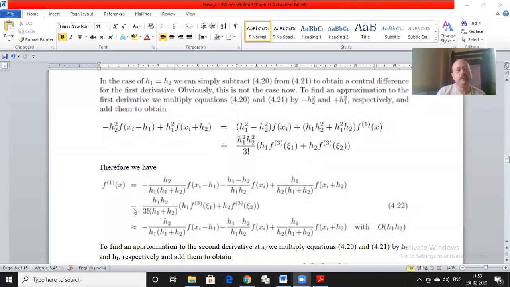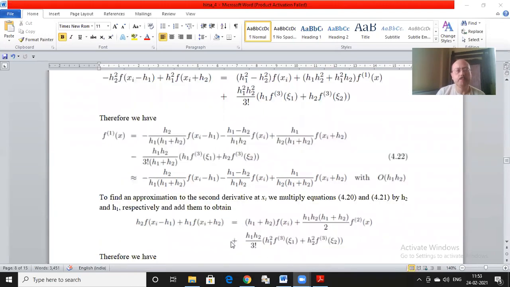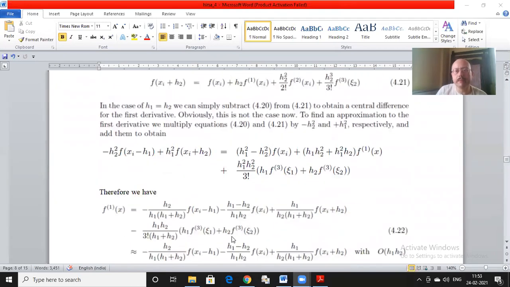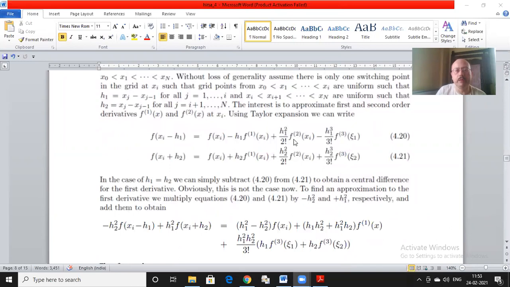So this is our approximation for the first derivative with the order of approximation. Similarly, one can also look at the second derivative, because remember in Black-Scholes we need the first two derivatives. So for the second derivative, again we look at 420 and 421, and now of course I need to keep the second derivative because this is where the action is. I want an approximation for